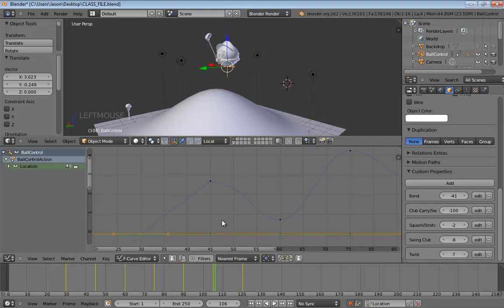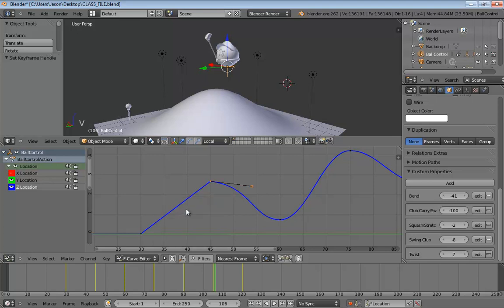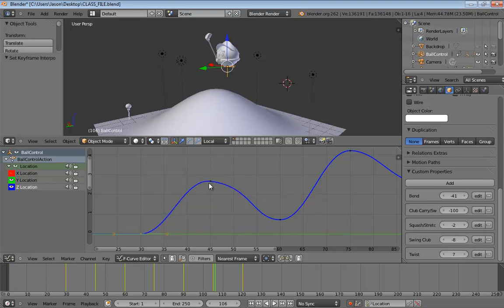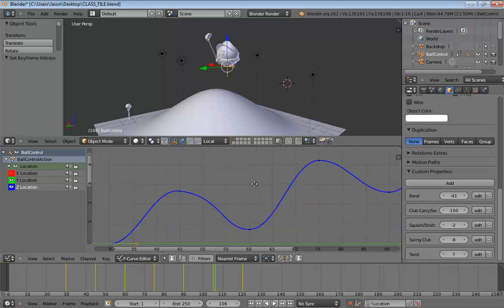Now that's interesting. Let me expand this out. I'm going to expand location, and I'm going to hide X location because it's just getting in my way anyway. And let's see. I'm not sure why this guy's suddenly only getting one handle. Ah, there we go. Somehow this guy wasn't actually getting set over to Bezier. I probably just had another key sitting on top of him that I had selected.